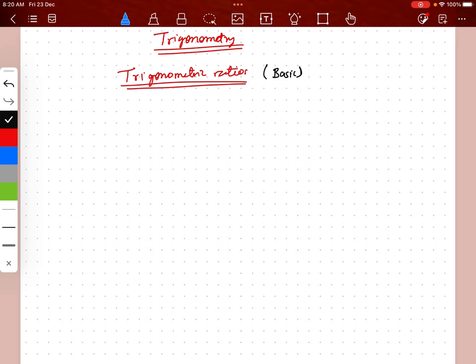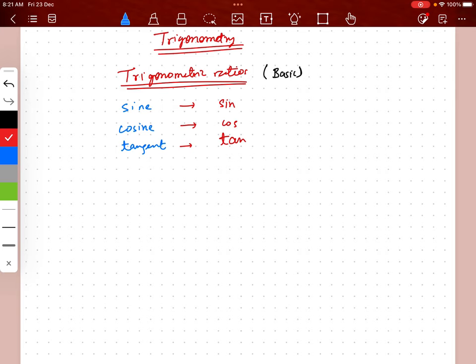So let's see the basics of trigonometric ratios. There are basically three types of trigonometric ratios: sine, cosine, and tangent. Sine is abbreviated as SIN, cosine is written in short form as COS, and tangent is written in short form as TAN. So sine, cosine, and tangent are the three basic trigonometric ratios, and we have other